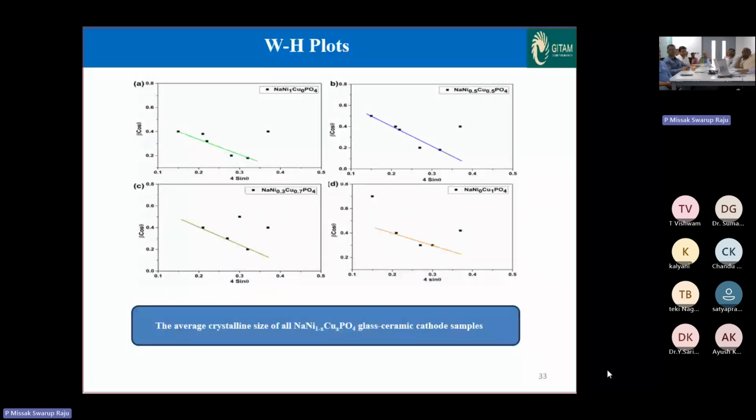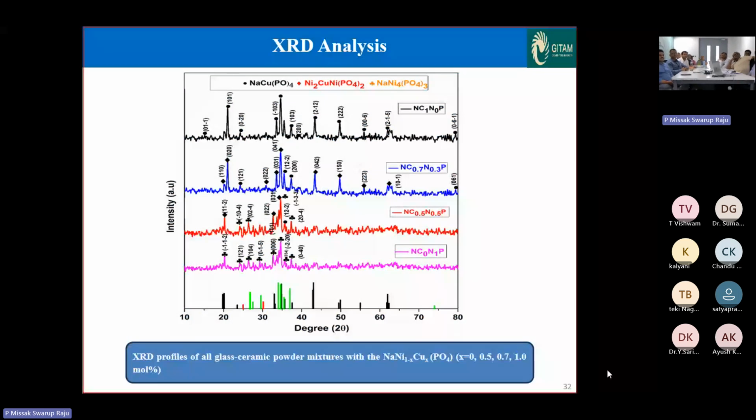What are you measuring from the Williamson-Hall plot? I measured the average crystallite size. Crystallite size, right? The difference will come from the division. Williamson-Hall is a better way, but